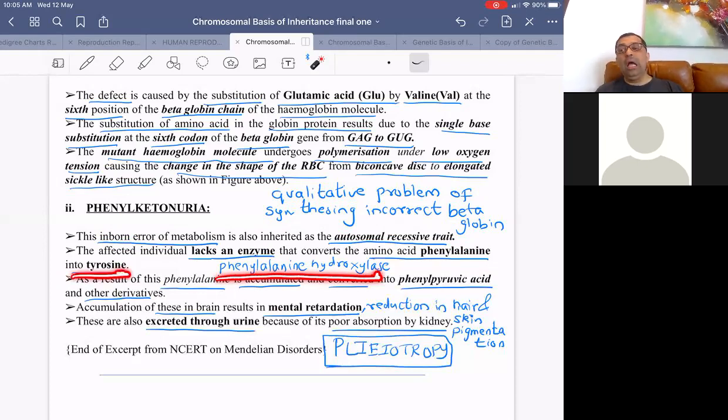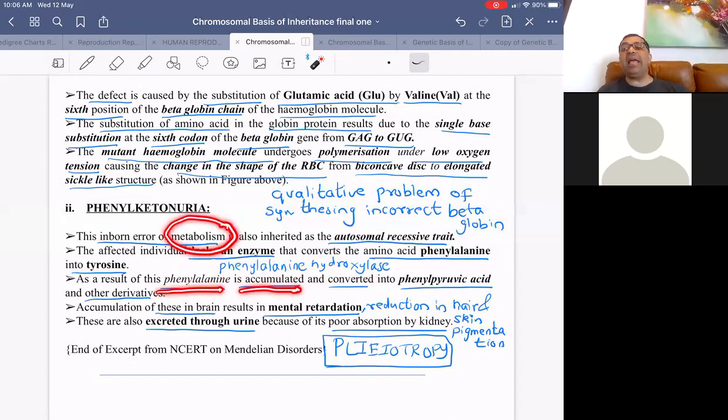So if you have phenylketonuria and you're having a mutation in the gene for that enzyme phenylalanine hydroxylase, then phenylalanine will not convert into tyrosine, and that means phenylalanine will accumulate in your body and